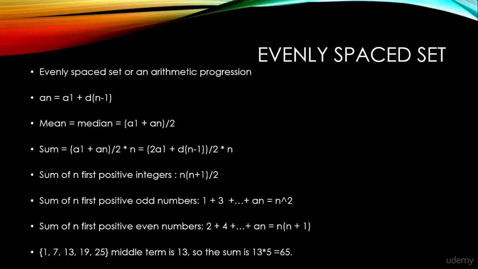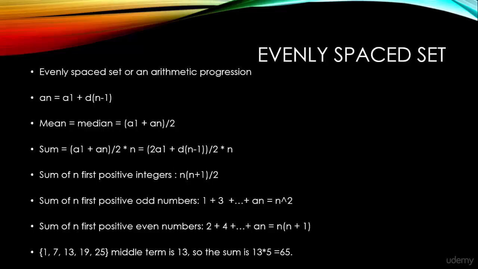The sum of the elements in any evenly spaced set is given by sum is equal to a1 plus an by 2 into n, or sum is equal to 2a1 plus d into n minus 1 by 2 into n. Sum of n first positive integers is equal to n into n plus 1 by 2. Sum of n first positive odd numbers is equal to 1 plus 3 plus so on plus an is equal